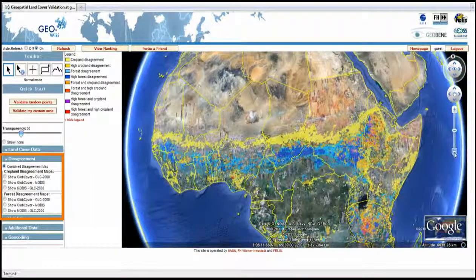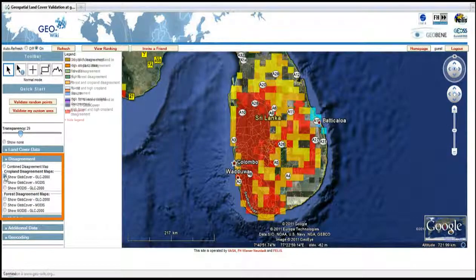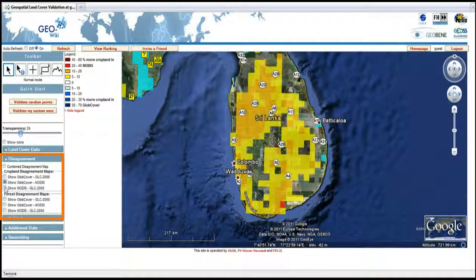You can also look at the combination of disagreement between, for example, globe cover and GLC 2000. You see that's quite high over Sri Lanka, or between the latest two products, MODIS version 5 and globe cover, where there is also some disagreement. You can do that also in the forest domain. And you can then look at other